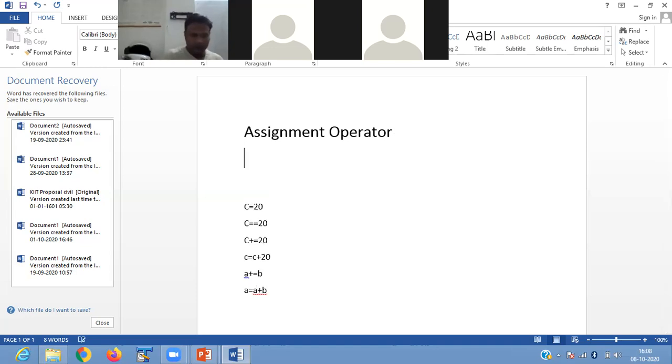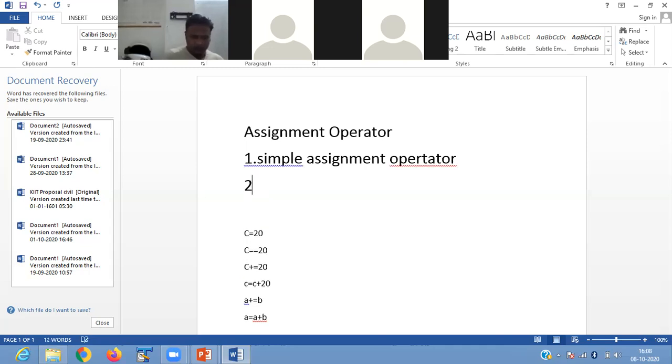One is your simple assignment operator, and the other is the complex assignment operator.